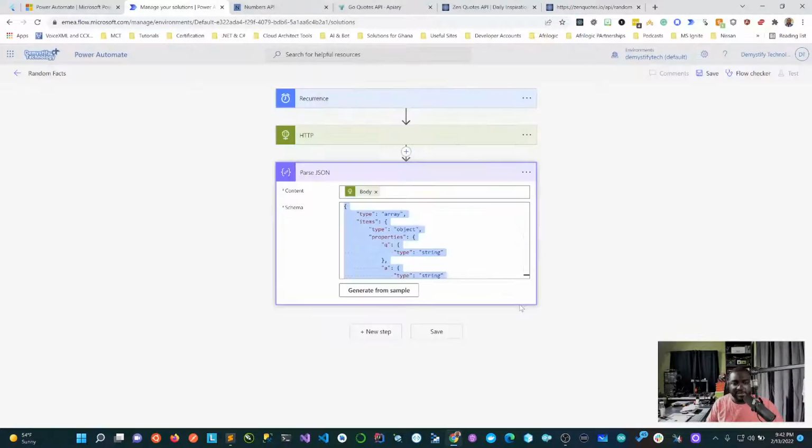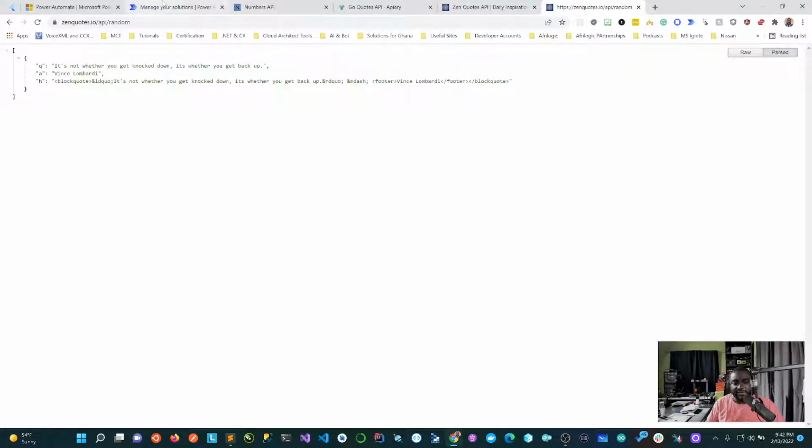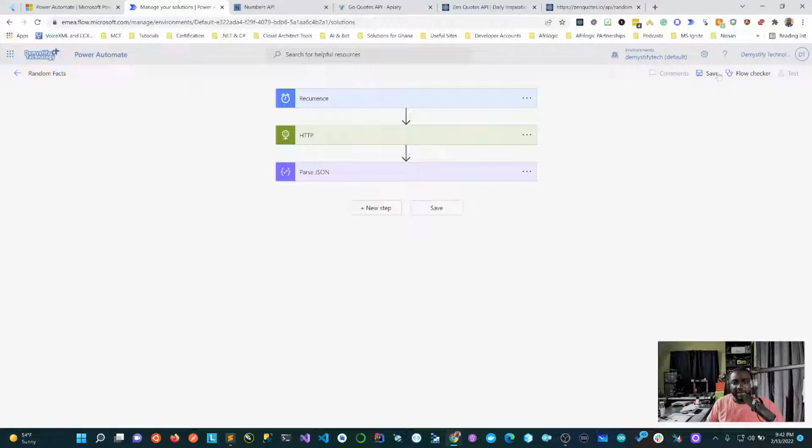So when I do this and click done, this now knows what it's expecting. If you look at this, it knows the structure of the response that it's expecting. All right, so we can even leave it here. Click on save, and then test it out. So we'll test this flow to see what's happening. Ideally, if the test is successful, and here I'm not doing any exception handling, I'm just showing how to easily do this. And then the next part will be putting this on Twitter. All right.